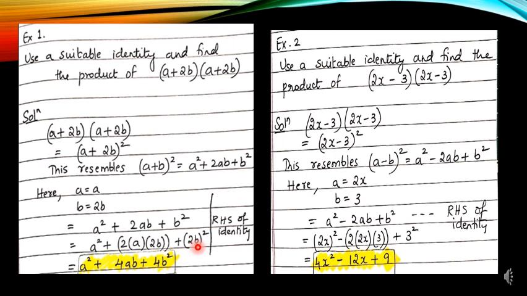After this, you are going to simplify. A square is a square only, plus 2 into a into 2b is 4ab. That is 2 into 2 is 4. A into b is ab. So 4ab plus. Now this is 2b whole square, isn't it? That means square is for both. You should not be cheating. You should give square for both. That is for 2 also and for b also. So if you give square for both, it is going to be 4b square. That is 2 square is 4. B square will be written as it is. Hope you all understood how to simplify this.